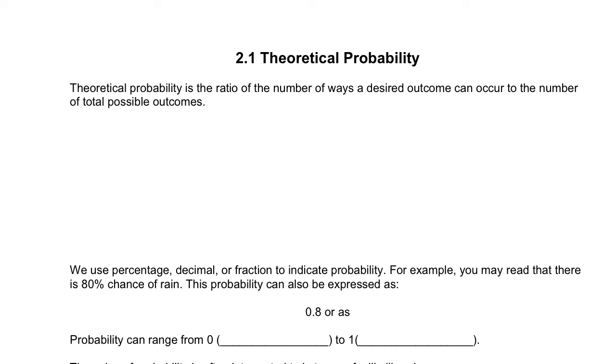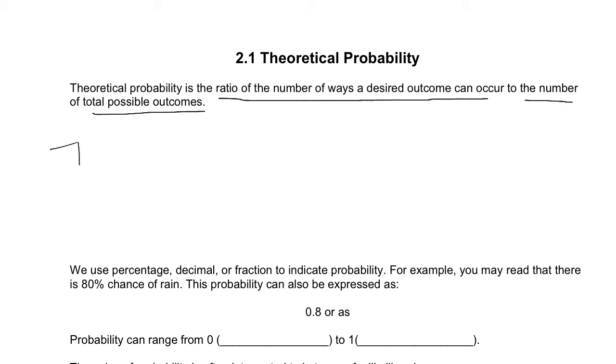Our lesson today is on theoretical probability. This is the ratio of the number of ways a desired outcome can occur to the number of total possible outcomes. Okay? So, let's write this down as a fraction